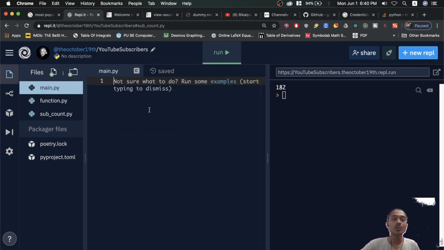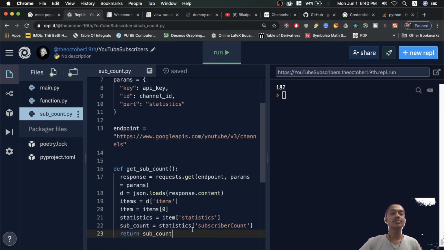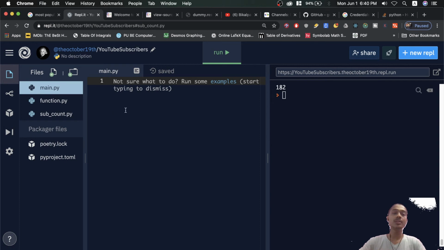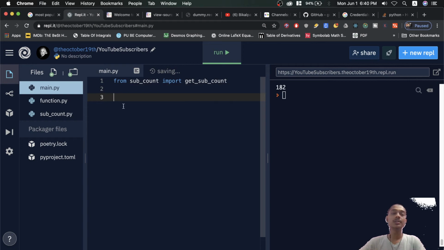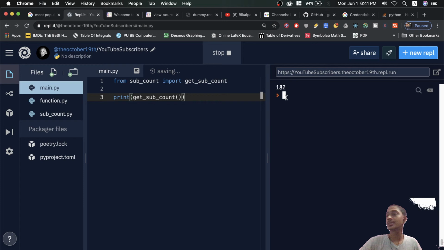First of all, I will import that get_sub_count function from inside the main.py, because we want to make main.py small. We want to make main.py short. The logic related to counting the subscribers will reside in the sub_count.py, and then we will import from sub_count. We do not need to put .py. From sub_count we will import get_sub_count. Right now, we can just try print get_sub_count. If I run this,